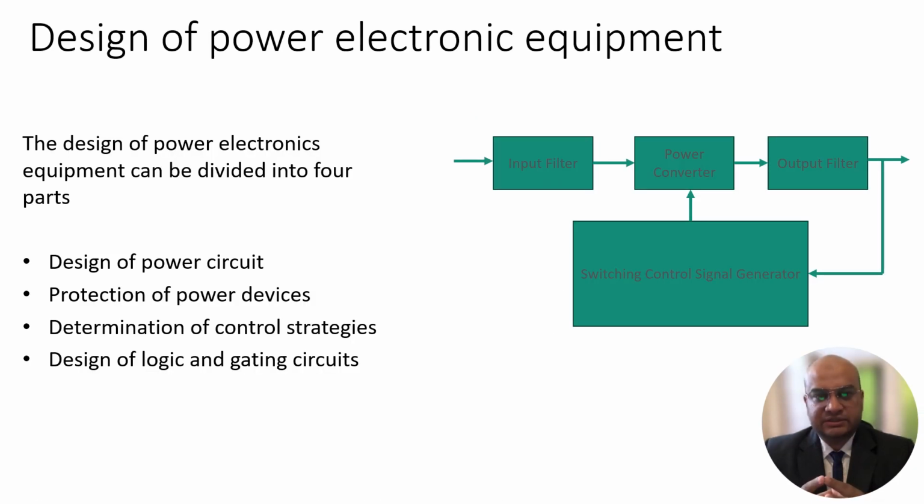So next is to discuss the design of power electronics equipment. In this category, the design of power electronics equipment is majorly divided into four different parts. One is that you must be able to design the power circuit, and then protection of those power devices is required to be given. Third is determination of control strategies, how to control the circuit elements. Here it is decided, and then next is to design the logic and the gating circuit requirements for handling the